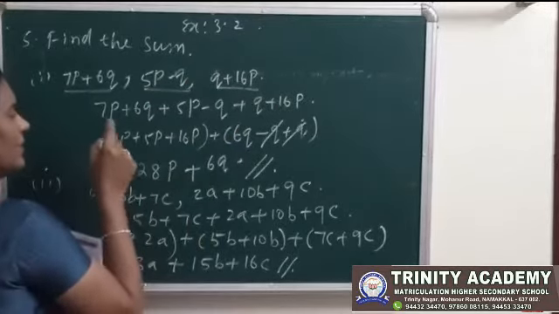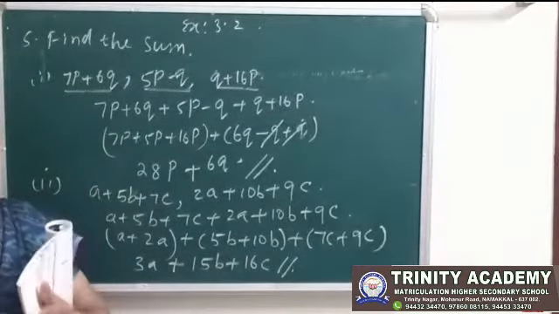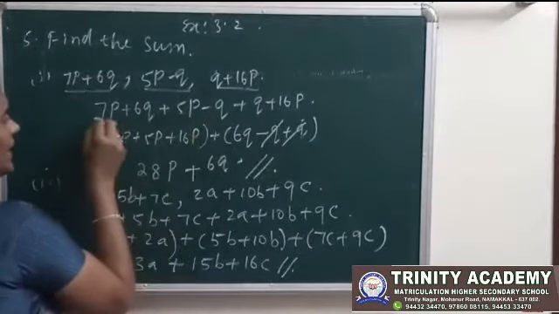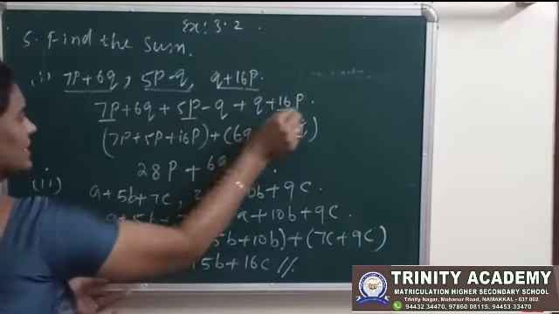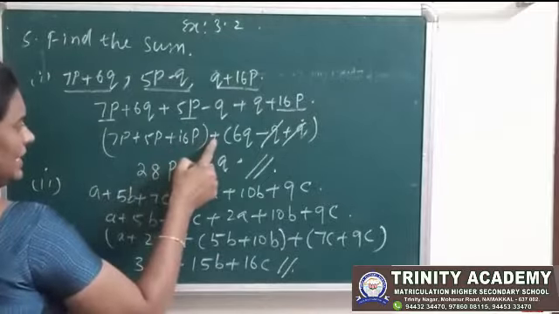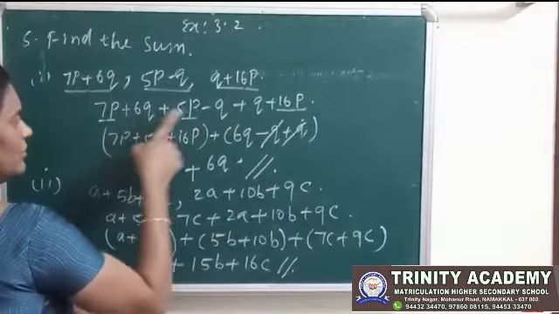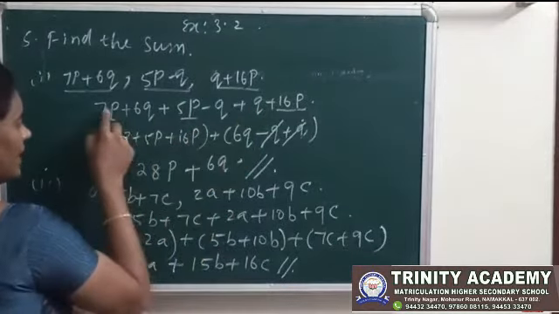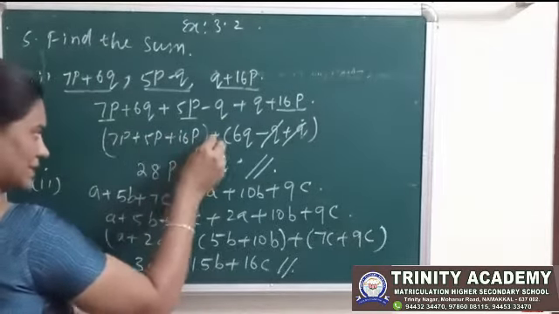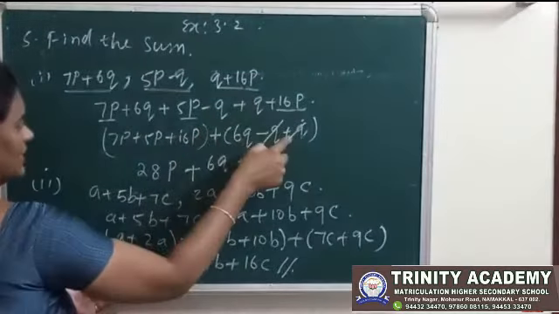See here, first we add this expression in the horizontal method. First we group the like terms. Here 7p, 5p and 16p are like terms. First we group the like terms, plus, next we group the q terms, that is like terms: 6q minus q plus q. First we write 7p plus 5p plus 16p, bracket, then you put a plus sign. Then 6q, this minus q, this plus q.